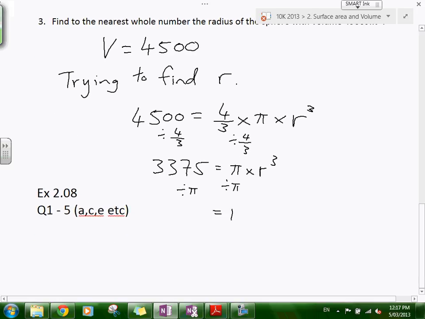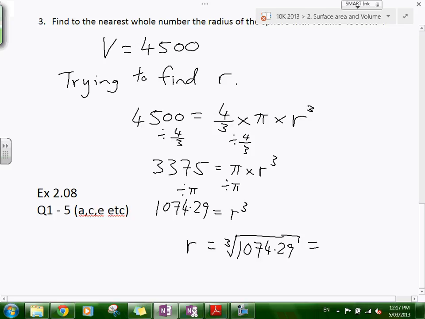So we get, on this side, just r cubed, because the pi's cancel out. What's 3375 divided by pi? 1,074.29, good. Now the final step, how do I undo a cube? Samuel, how do I undo a cube? Yeah, cube root it. So I have to do cube root to both sides. So r is equal to the cube root of 1,074.29, and that is equal to,